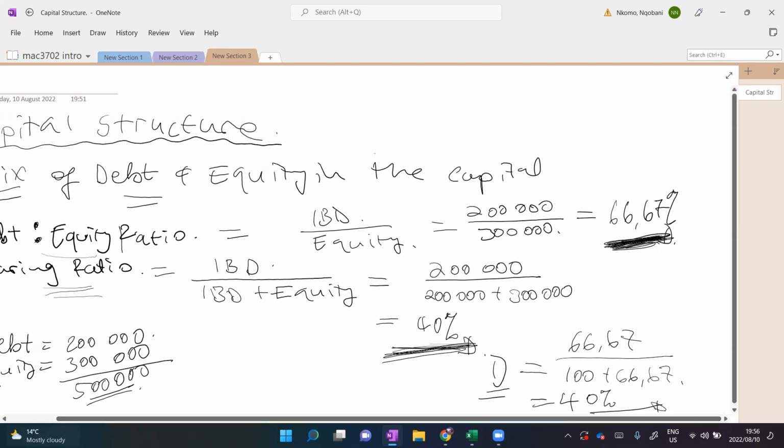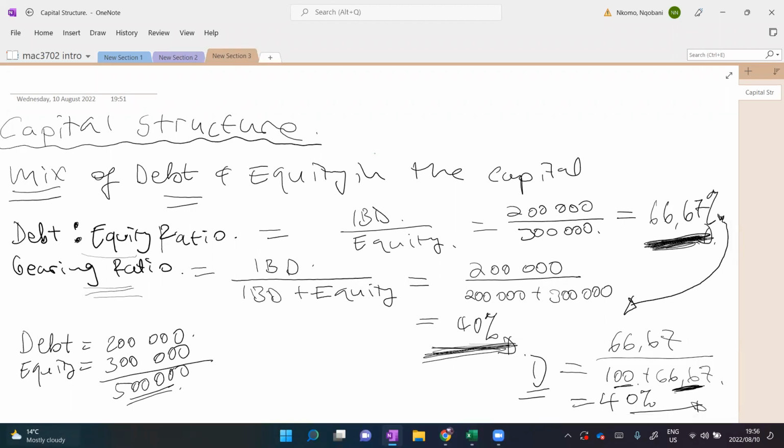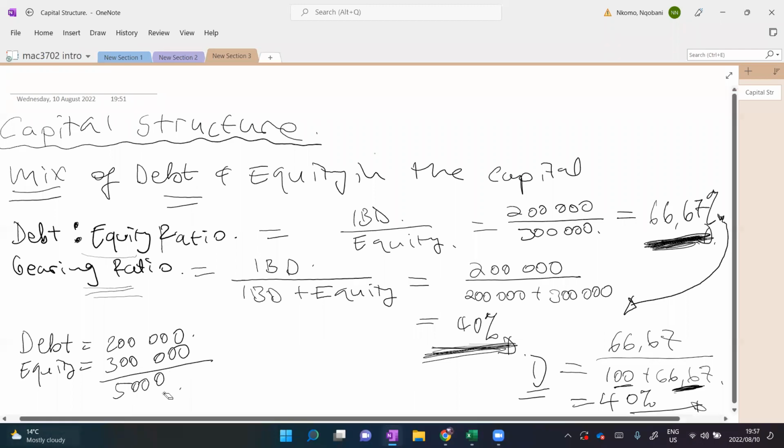40%. So for you to move from the debt to equity ratio to the gearing ratio, you just add 100% on top of the 66% there. Are we together? So to just explain our gearing ratio